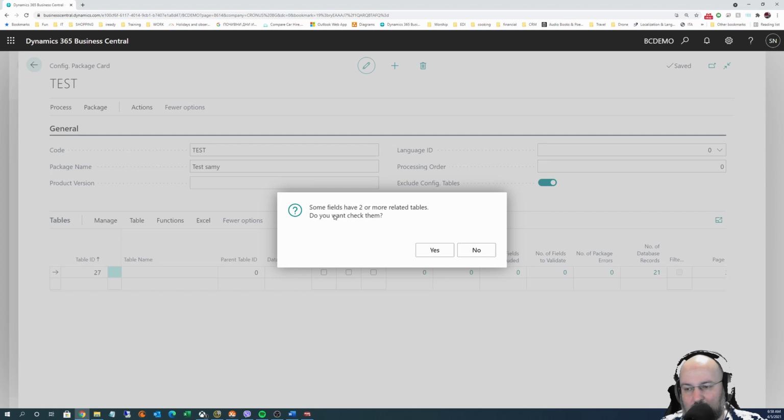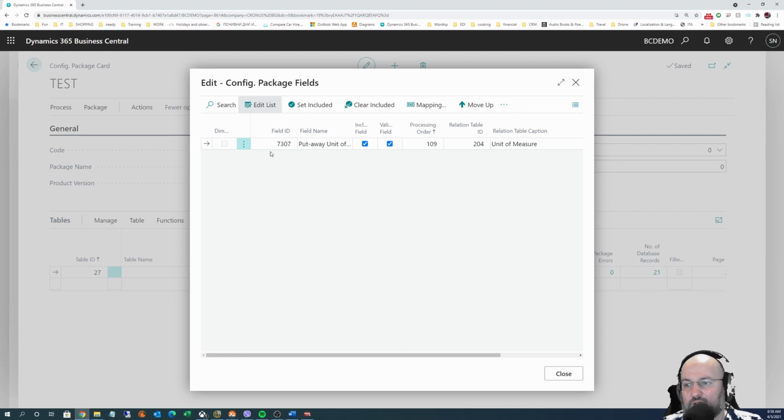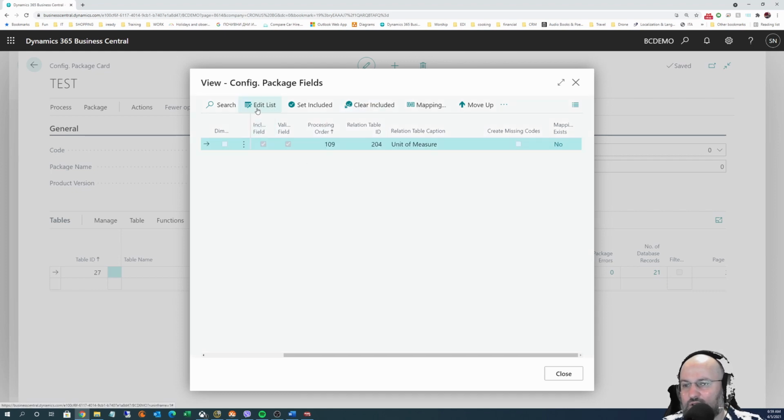in another field maybe. So you can say, yes, let's check what's going on here. And for example, in the put away unit of measure, which is going to be used, you have a relation table to the unit of measure, which I actually do not have a problem with. And you can generally decide to change. I don't know why you usually have to do that. You can change some of the mappings and say,